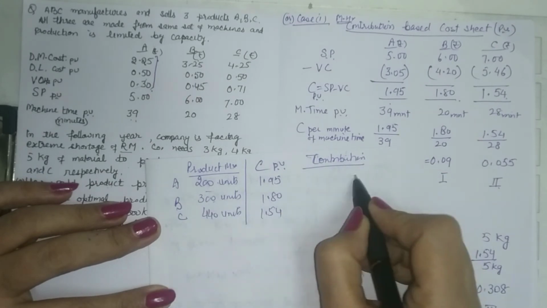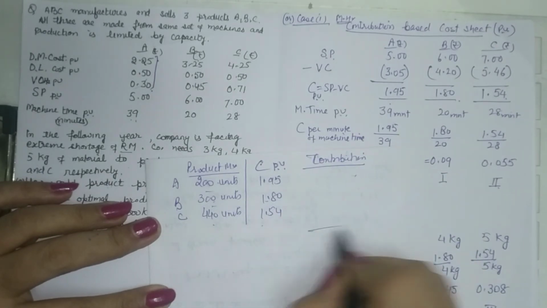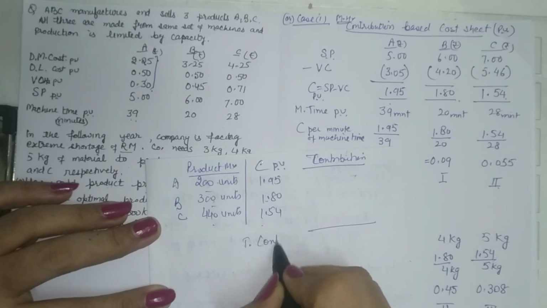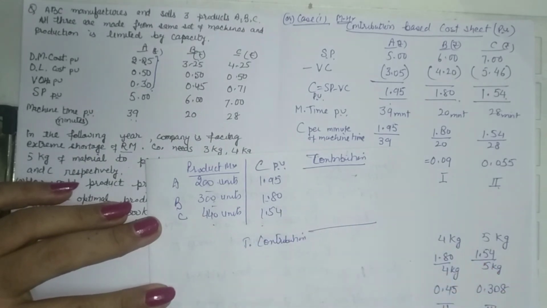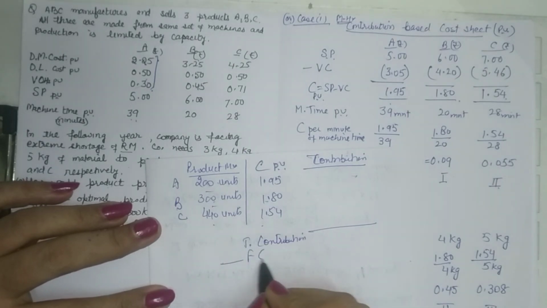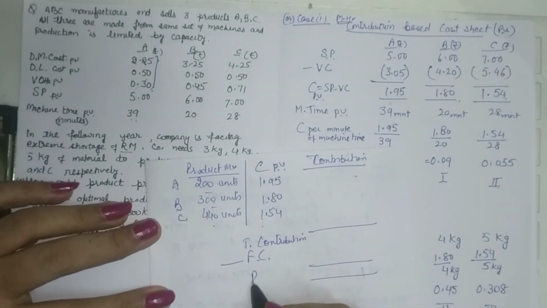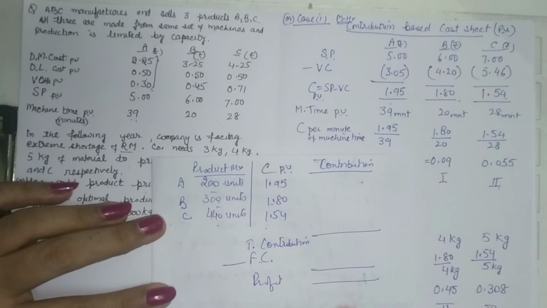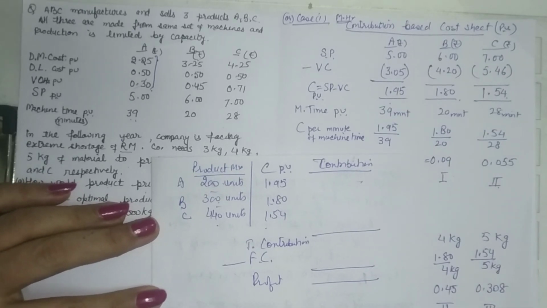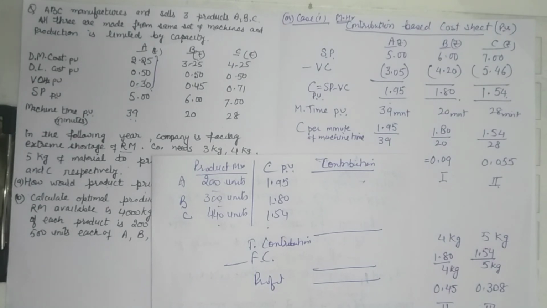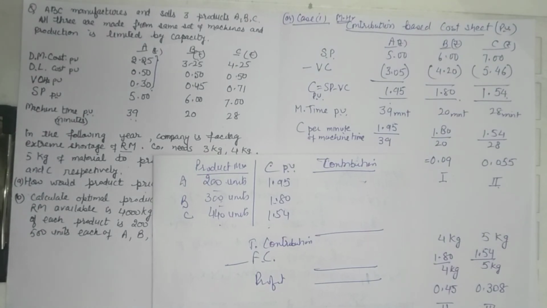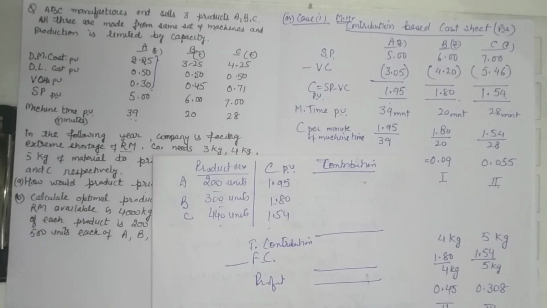So on 200 units, 300 units, 440 units, this will give you total contribution. If your question further asks you to calculate profit or loss, then you will deduct fixed cost and you will get profit or loss as the case may be. So this is how we determine the optimal product mix. We can make it through the table also, and we can do it in statement form also, with our own understanding according to rank order.